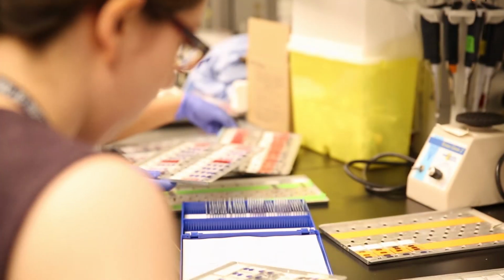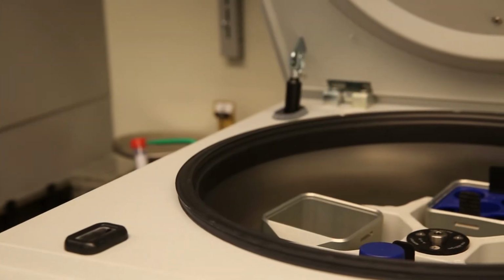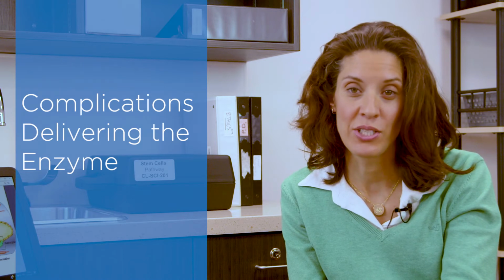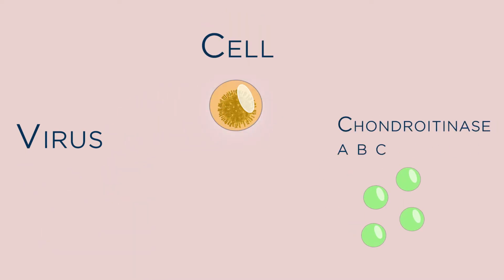Although there's been extensive lab research on chondroitinase ABC, it is yet to reach clinical trials in humans. Difficulties with translating chondroitinase ABC to clinical trials include complications delivering the enzyme in a way that it can reach the spinal cord. Despite these complications, research is being done to translate chondroitinase ABC to clinical trials and to create a virus that will act as a vehicle to deliver a gene into cells, which will then be able to